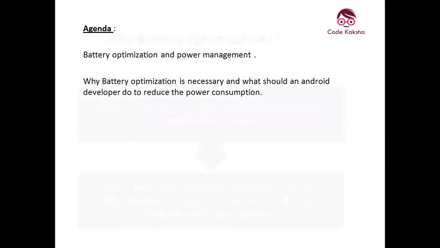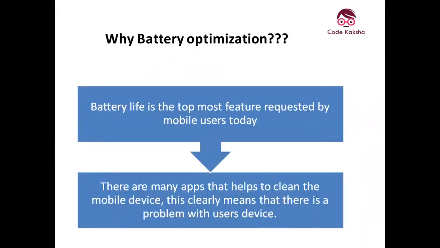There are applications on the Google Play Store that help us clear the memory and battery and improve the battery life, basically. So clearly there is a problem with the user's interface. So let's check where the battery power on the mobile device goes. What happens when the screen is off? It will dominate the power consumption, right?